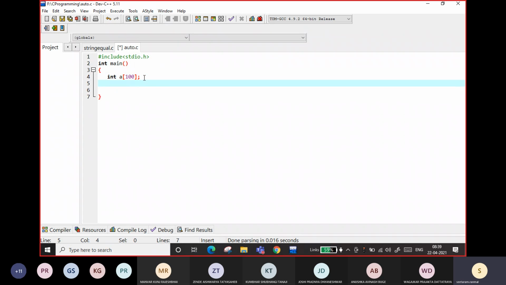Suppose you want to store a matrix of numbers, then you take a two-dimensional array, like a 2 by 3 array, right?